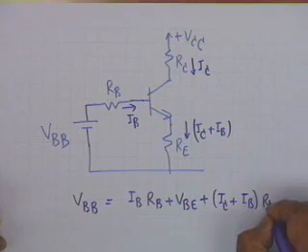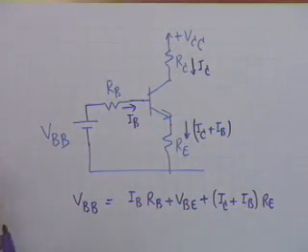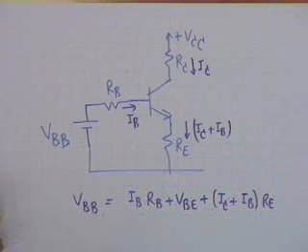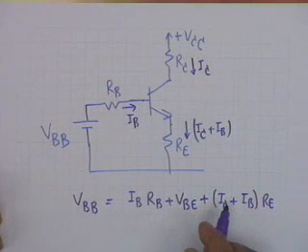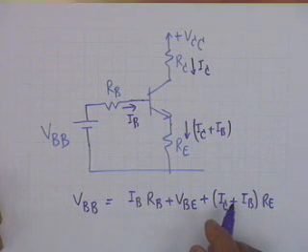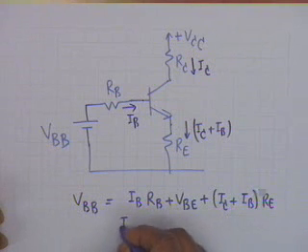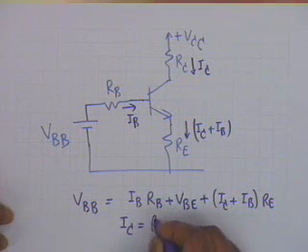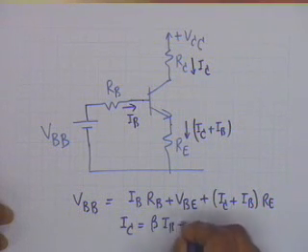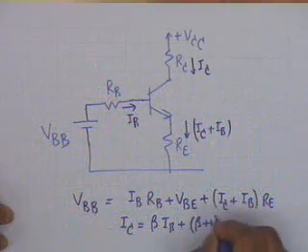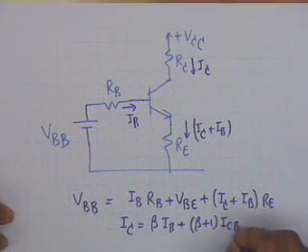This is one equation in which the two currents I sub C and I sub B are unknown, but we know that I sub C and I sub B are connected by the relation I sub C equal to beta I sub B plus beta plus 1 I sub CBO, and therefore